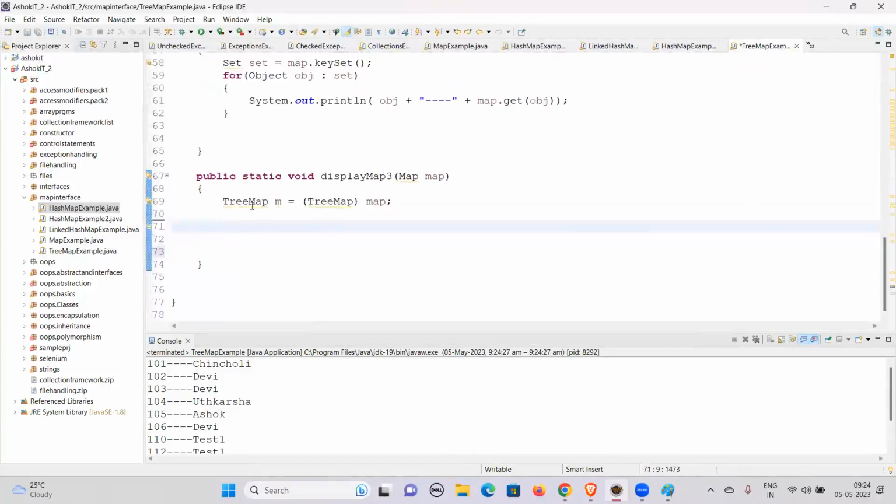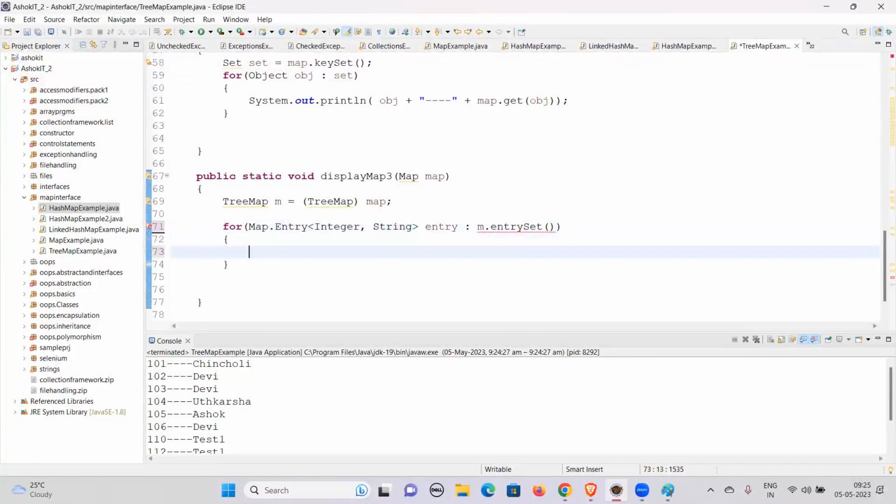Let me just try to do it with the help of Map.Entry, with Integer and String. Still, it is not allowing me to do this. It says type cannot convert from element type Object to Map.Entry type. So it is taken as an Object actually. So let me just take it as